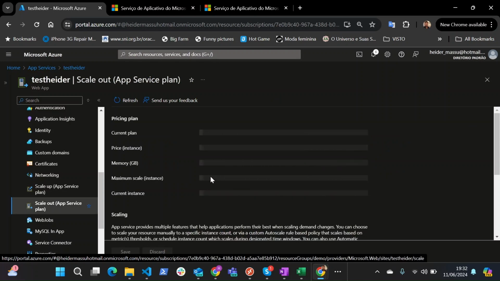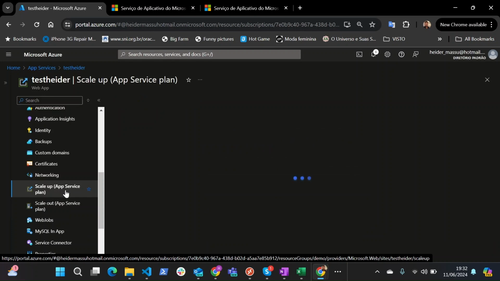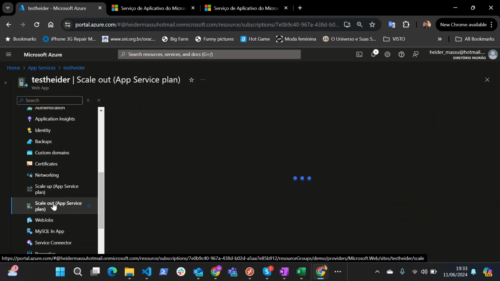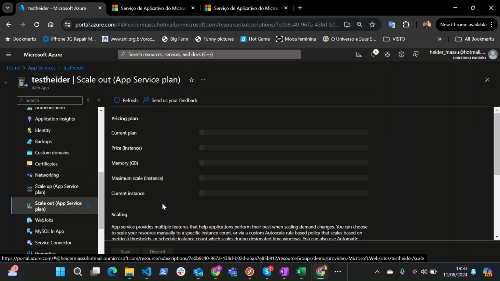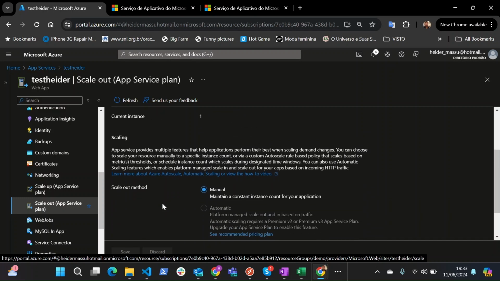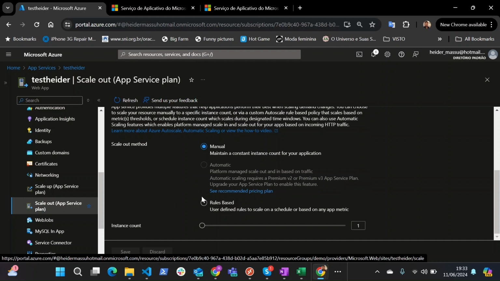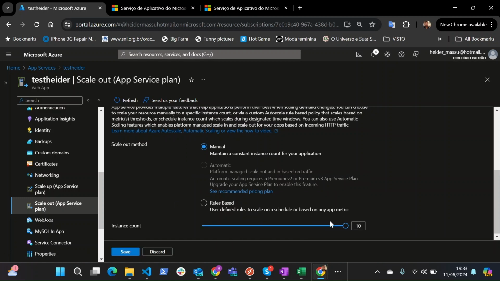So here in the scale out, we have talked about the scale up, that is the hardware and the feature view, but here in the scale out you are able to configure new web apps. And so here in this plan we could create a new instance. For this plan we are able to create up to 10. So if I save it, I will have 10 more instances running,